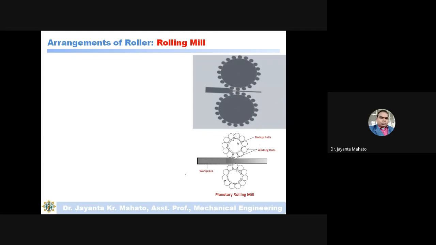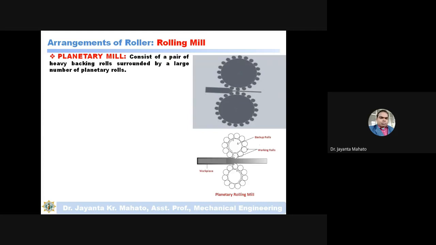This is the planetary type mill. So in this case, small rollers are arranged, different small rollers arranged just on the outer periphery of a big roller. These rollers are the working rollers.